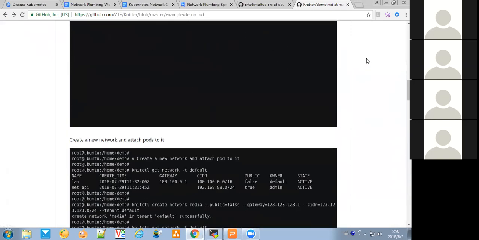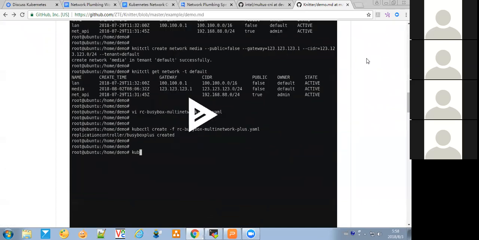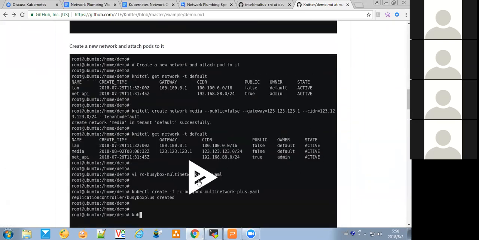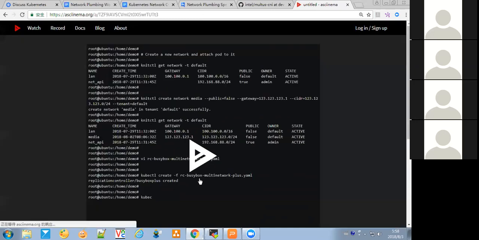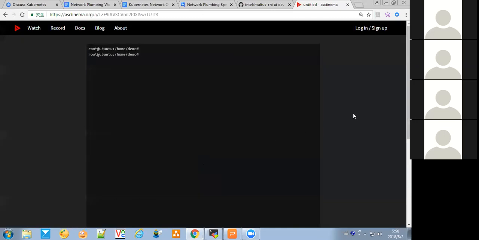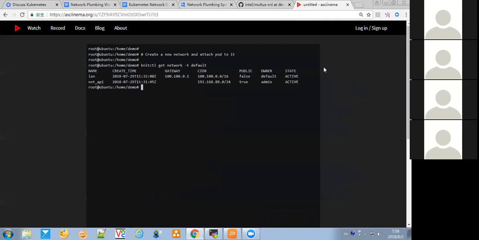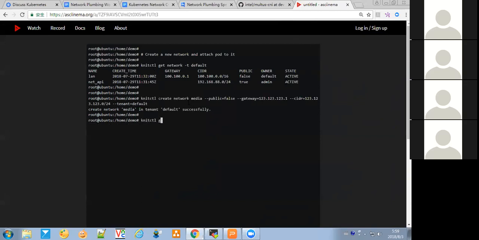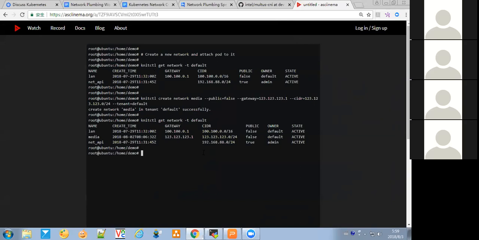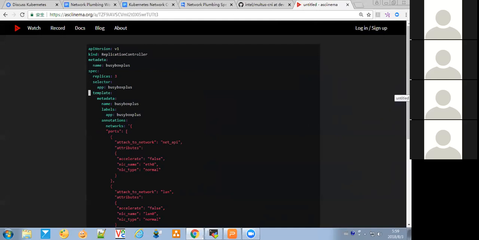Let me select the other one. In this one, we can create a new network and attach a port to it. I use netctl, which is a CLI client of Nitor. I run netctl create network media to create a new network, and we can see that the tenant now has the network.